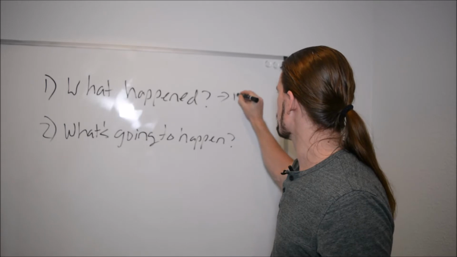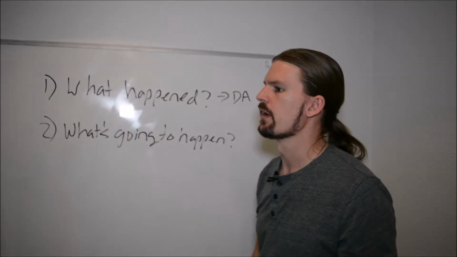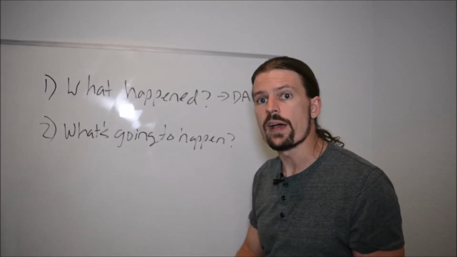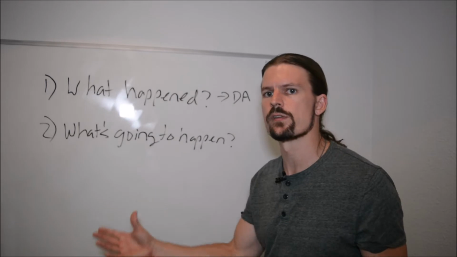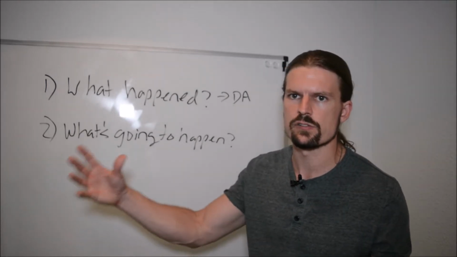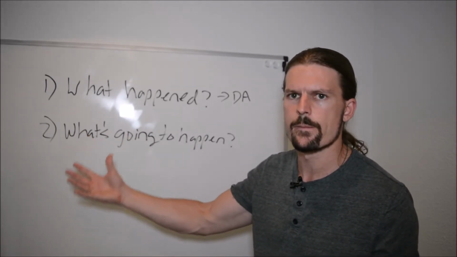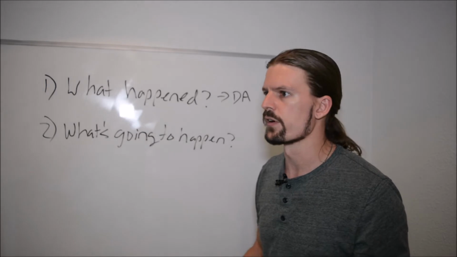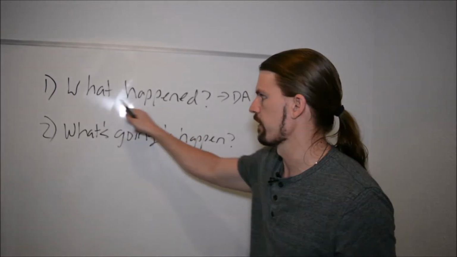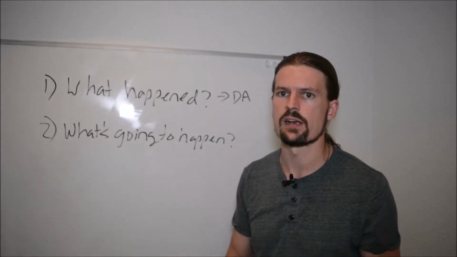This is what the data analyst answers, right? If you're a data analyst, you have to answer the question, what happened in the past? What happened with this order? What happened with this customer? What were our sales last month? What were our sales last year? What were our sales by month for all of the months of last year? What were our sales per store location, etc.? Like, what happened in the past? It's a bunch of questions about what happened in the past. That's what the data analyst has to answer.